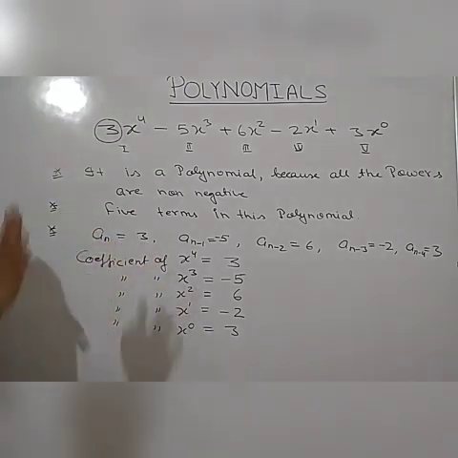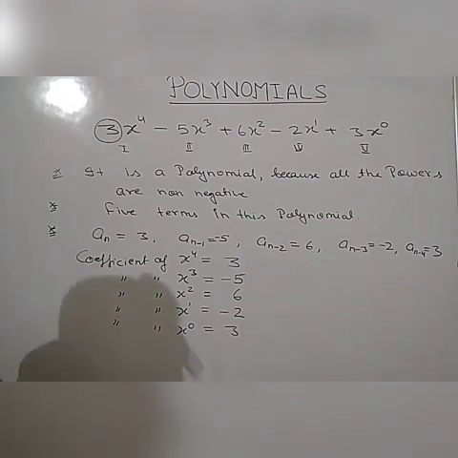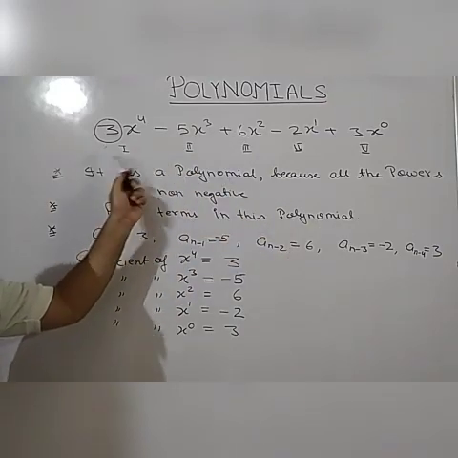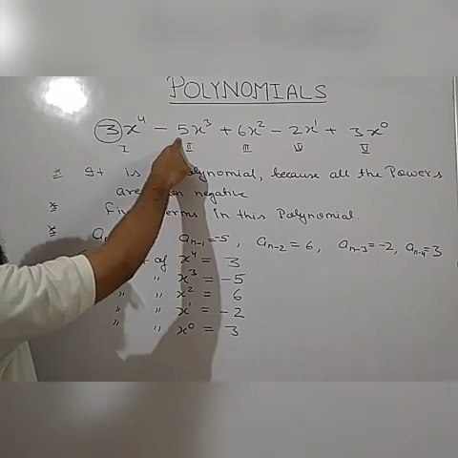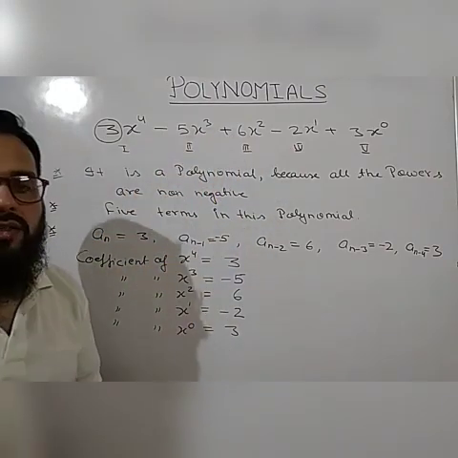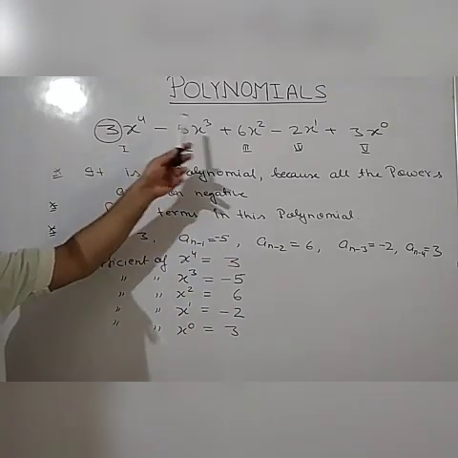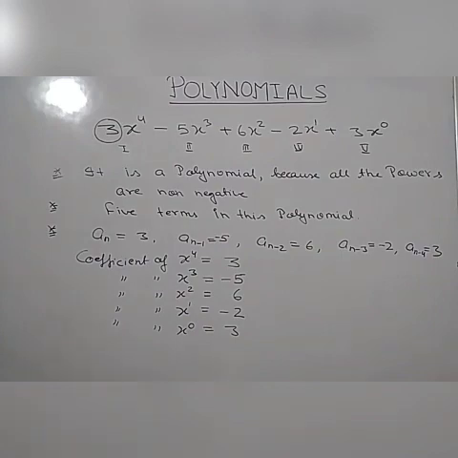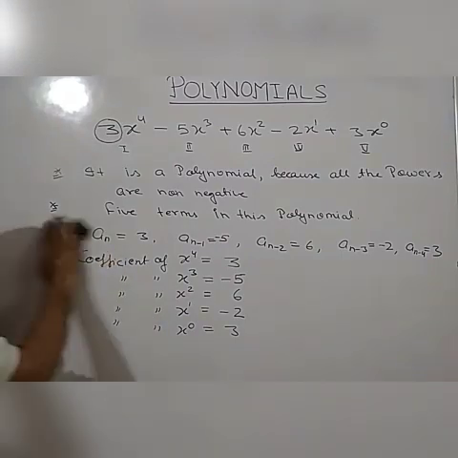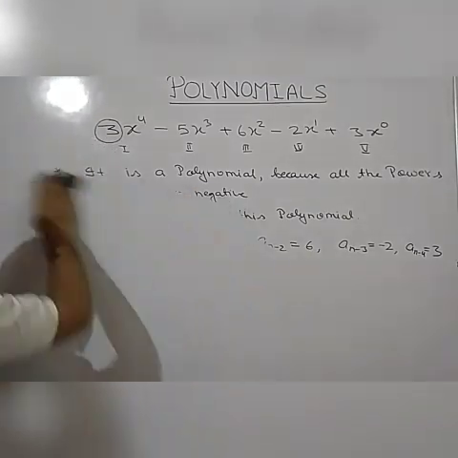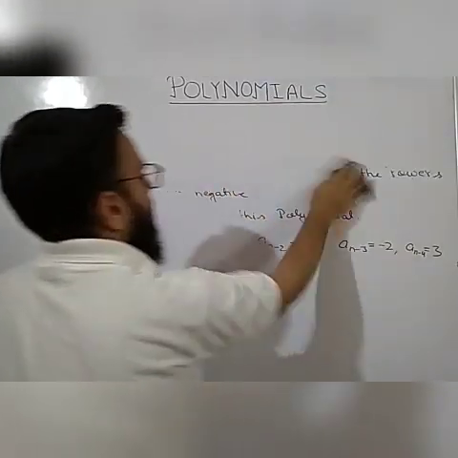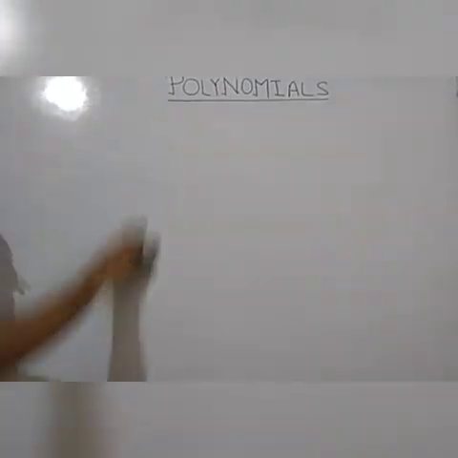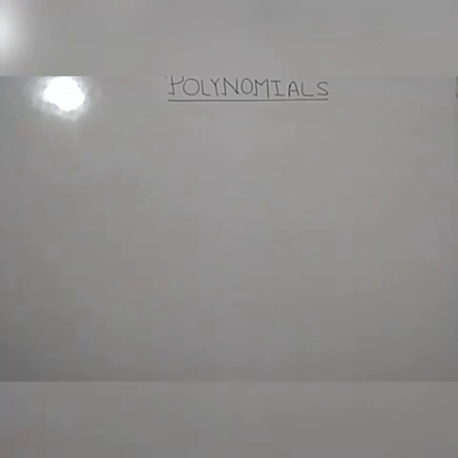Okay, so it is the basic concept of polynomial. Any polynomial is an algebraic expression with non-negative powers and the constant may be any real number. These numbers may be integers or in terms of fractions, decimals, anything, but the power should always be a non-negative integer. Okay, so coming to the next point. If we are given any algebraic expression and we have to check whether it is a polynomial or not, so let us solve the question.